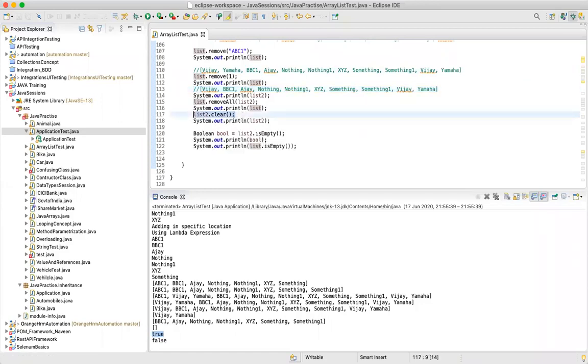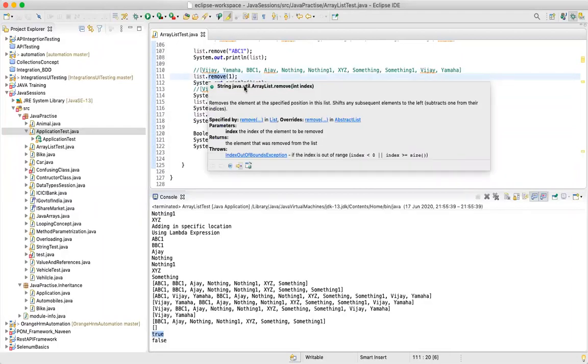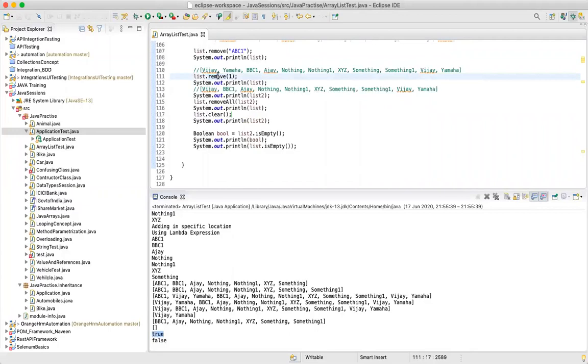But remove and clear both are doing the same, right? No, there is a difference. When I say dot remove, it is removing one specific element.